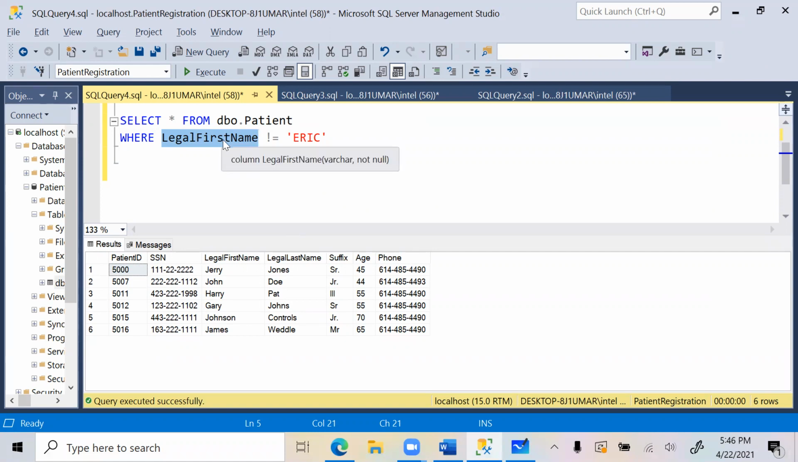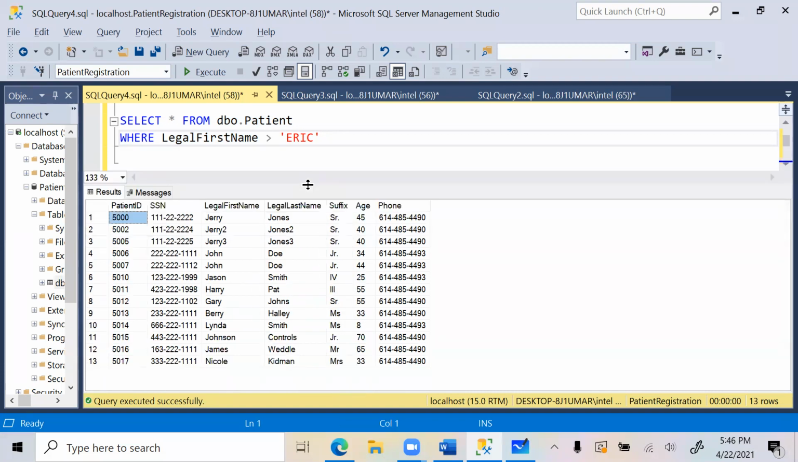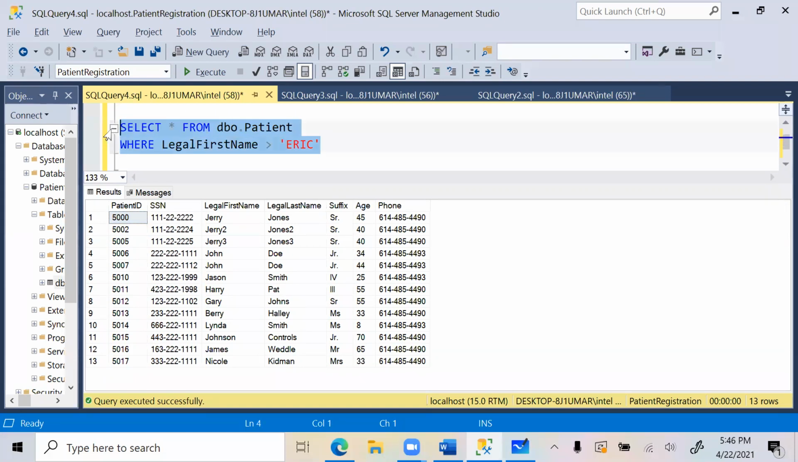So legal first name is alphabet, right? It's alphanumeric. So what we are saying is where legal first name is not equal to Eric, if I run this, it will return me all the records. But let's say if I do legal first name is greater than Eric, do you guys think it will work? Do you think you can apply the greater than clause on the first name, on the alphanumeric values? Not sure. Well, yes. Let's see if we get an error, right? So if I run this query,